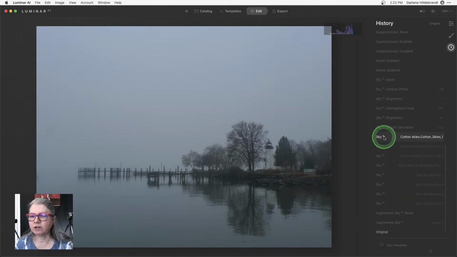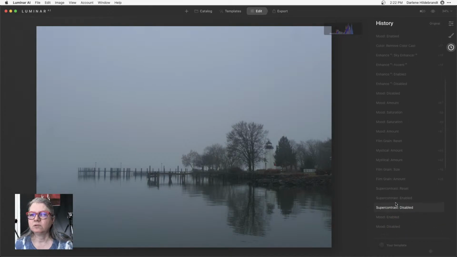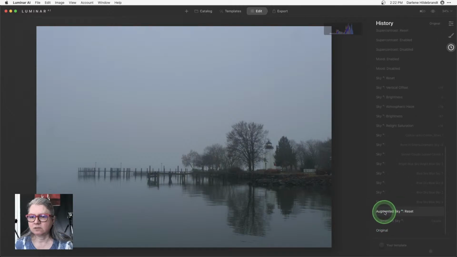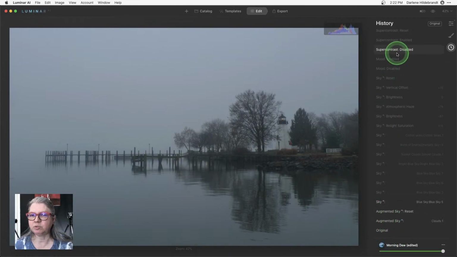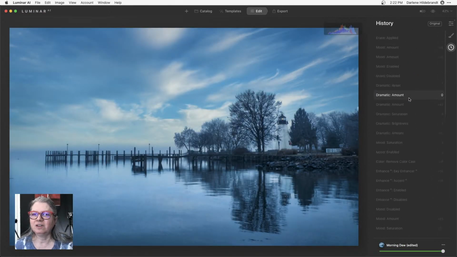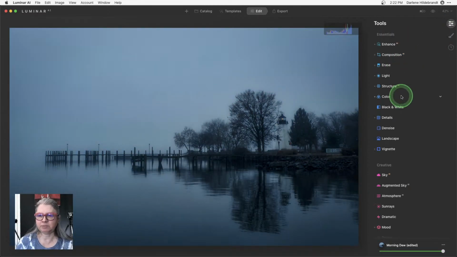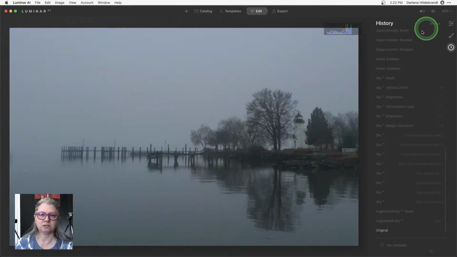And you can see that what I did was I applied a preset, I believe, somewhere along the way here. Somewhere along the way I applied this preset and I can't find it now. I'm going to go back here. Where are we? Okay. So what I've done here is I applied this Morning Dew preset, and I can undo everything if you want me to show you how I did this from the beginning just by clicking original, and this will go back to the original.